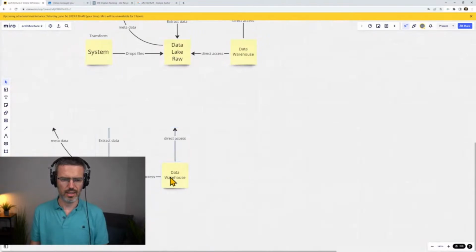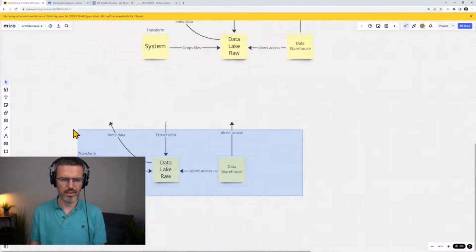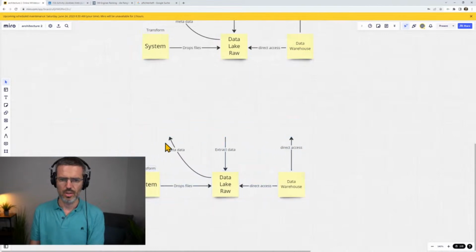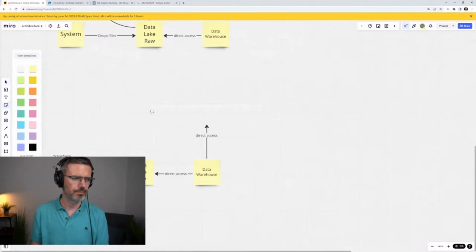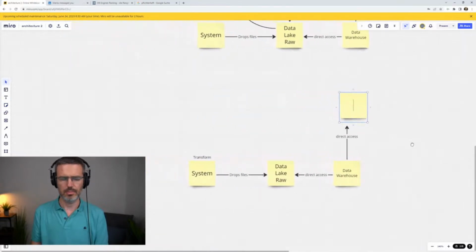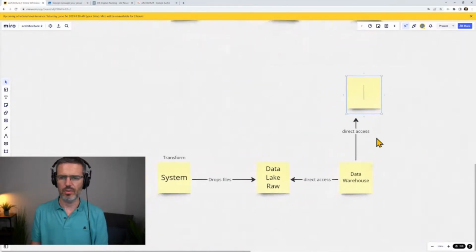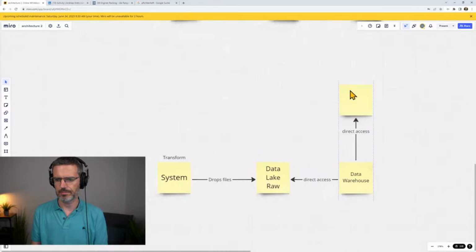That you actually have something like this. You have a system that drops the data into the data lake. This data warehouse directly accesses the data. And then on top here, you have, I need to go more right. And then on the top here, you have a